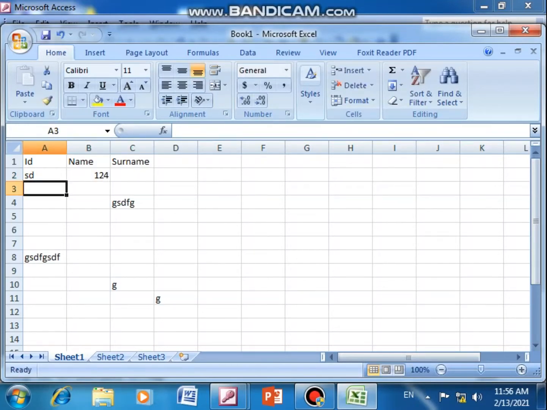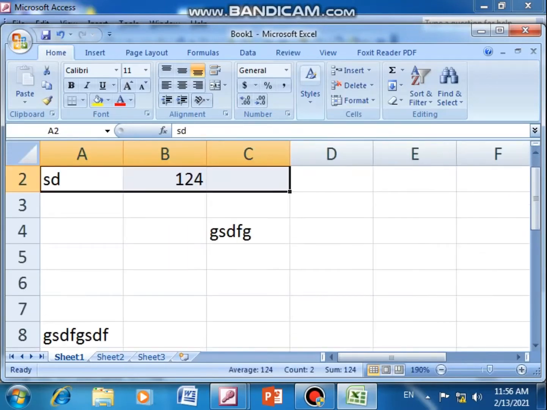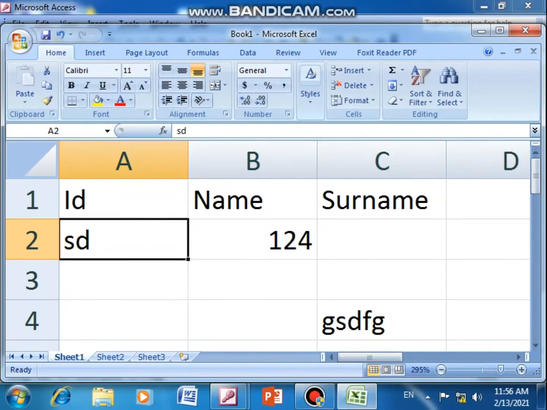I forgot to type the surname. Did it allow me? Yes, it allowed me. Excel allowed me, no? To type wrong entry. Excel allowed me to do wrong entry in the file. So in a database, should it be possible that you will be able to enter wrong entry? No, it should not be possible, otherwise it will create a mess, right?